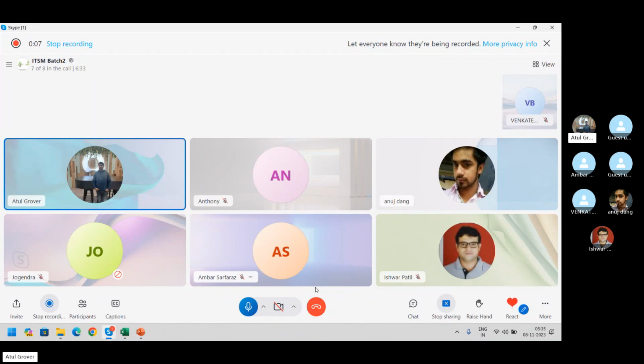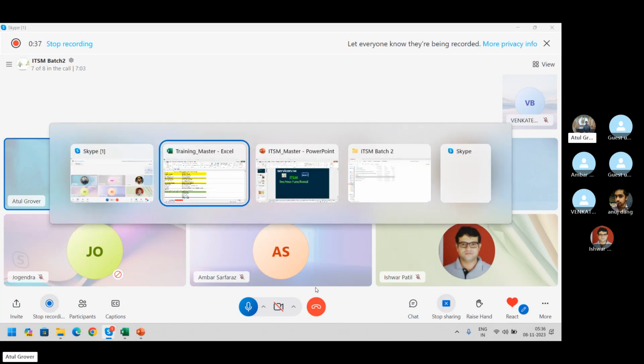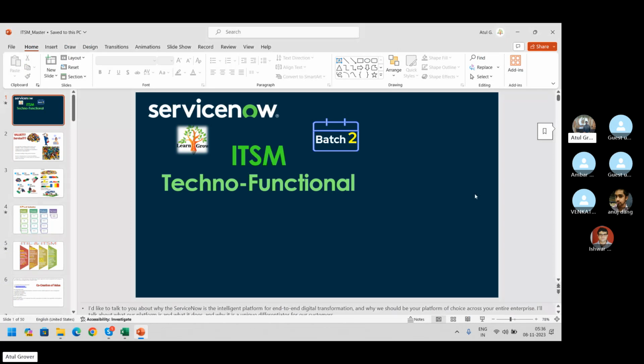In the 2 days, what did we discuss? Let's have a recap because this is required to jump into the next part. We discussed what is value, what is service. We discussed ITIL, ITSM, service management. We discussed the practices and the 4-dimension model. Then we discussed ServiceNow, what the ServiceNow tool is as a platform, and how ServiceNow releases their versions. Now we are going to deep dive more into the ServiceNow world.